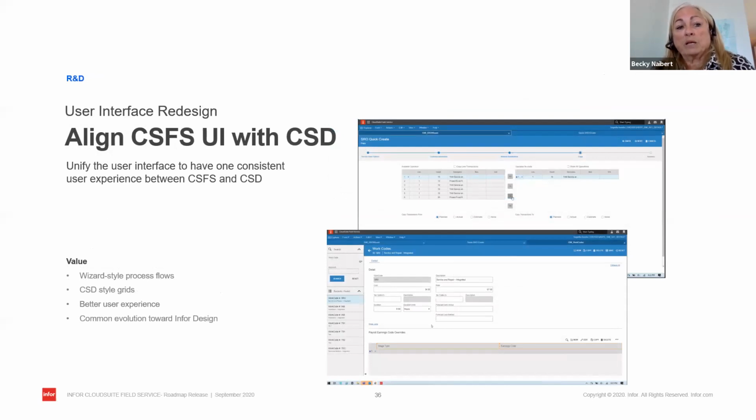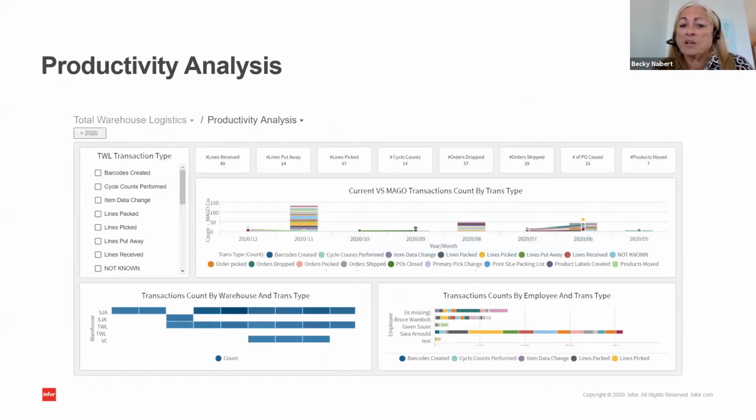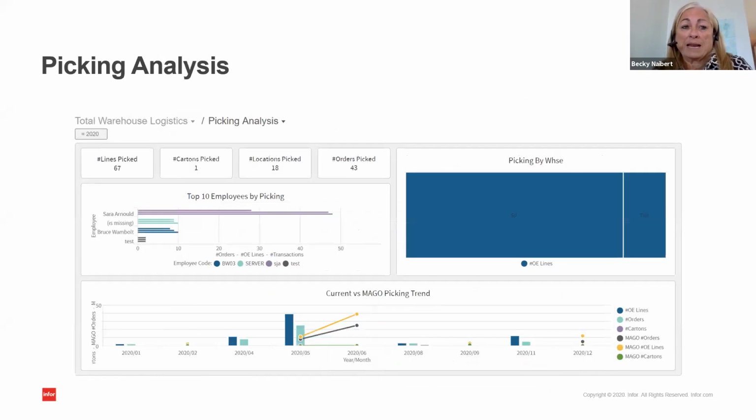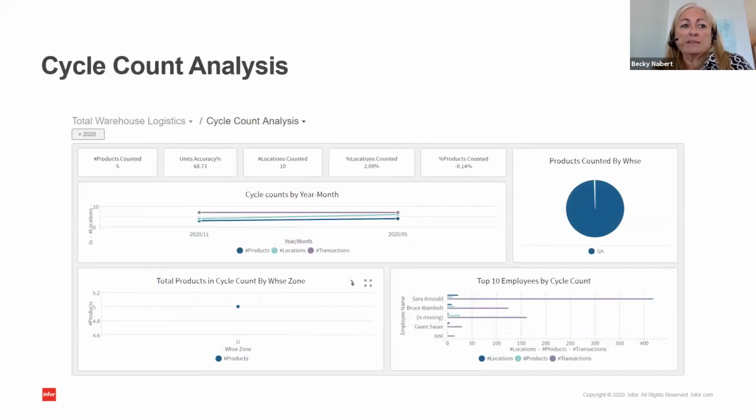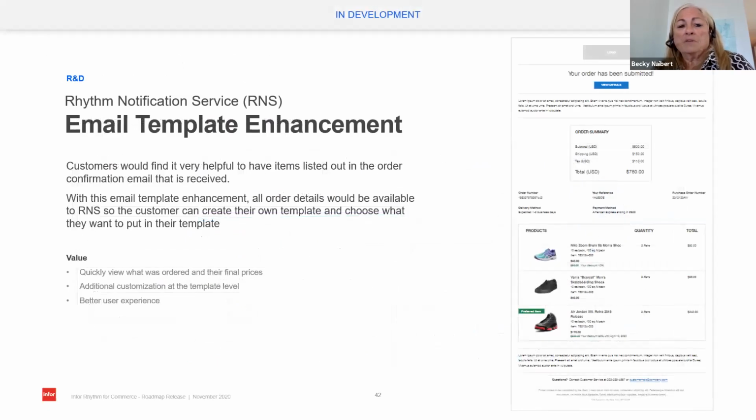We're redoing the UI for Cloud Suite Field Service to make it look like CSD, and we're embedding it in Cloud Suite Distribution. So you'll be able to run Cloud Suite Field Service from within Cloud Suite Distribution. How cool is that? Here are those TWL analytics: picking, receiving, put away, cycle count, and then finally, last but